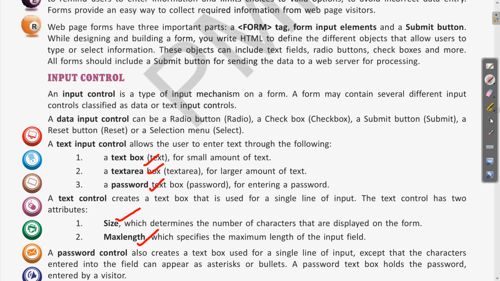Clear? And password, we were talking about that whatever password we want to enter will be written in the form of stars or dark circles. Clear? This way the password box will hide your important data, the sensitive information like the password, some card number, ATM card number or credit card number. These types of information can be written using these password boxes.